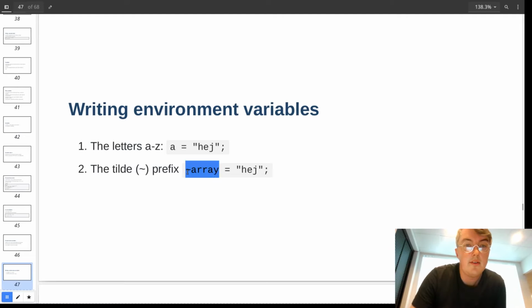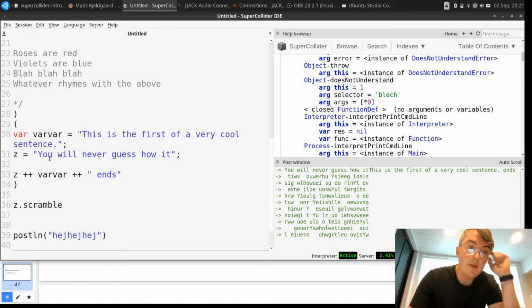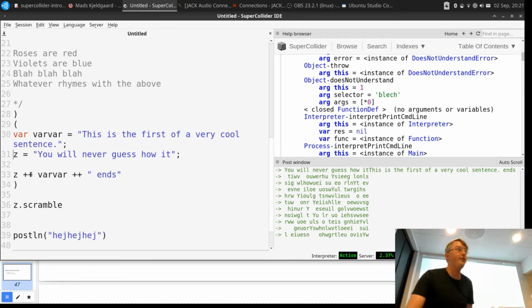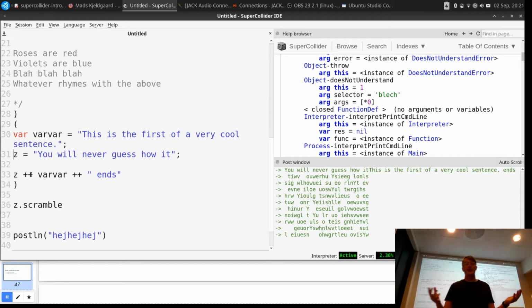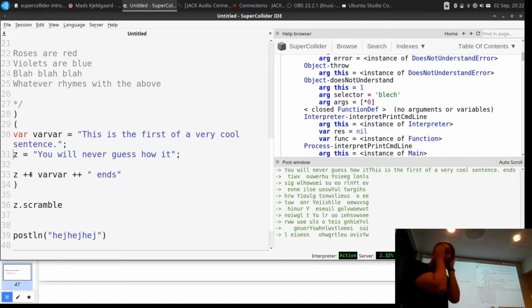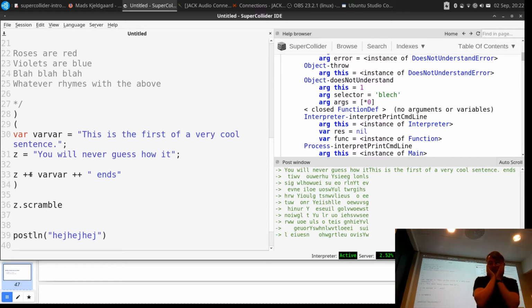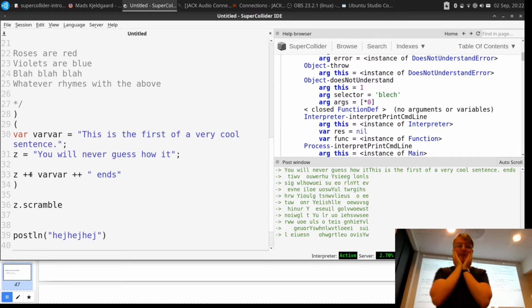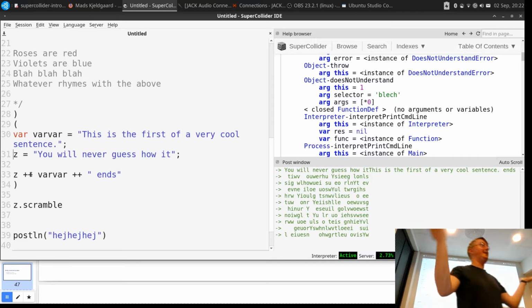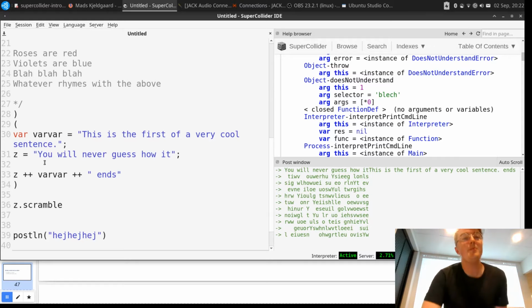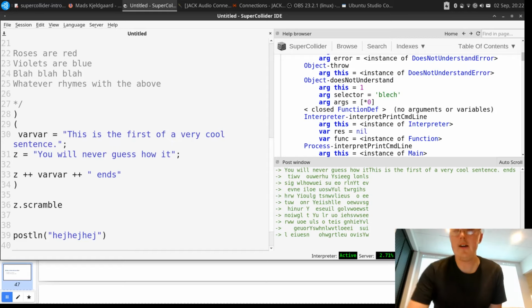So we can turn something into an environment variable by adding this thing in front of it. And that's actually really cool, because sometimes if we put everything inside of variables that just had one character, we could very easily end up with a program that is a nightmare for us, because what was Z again, and what did I put in W, and what's going on in L, and who even knows about K anymore? And B, I don't even remember B. So sometimes we want something that's a bit more descriptive, so we make an environment variable by adding this famous